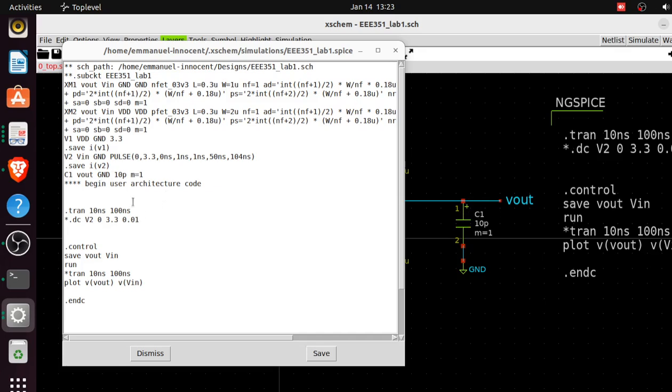So you can see, this XM1 is the M1 transistor. I think that should be the PMOS, or no, it was the NMOS, since NMOS was the first transistor I dropped. Then the second is the PMOS. You can see the definition. Maybe later we can come back and talk about how the netlist works, all these connections here. Then the voltage source I specified, this is the V1, it's just 3.3 volts. This other one is a pulse type of voltage to generate a square wave for us. And look at the capacitor, and look at our